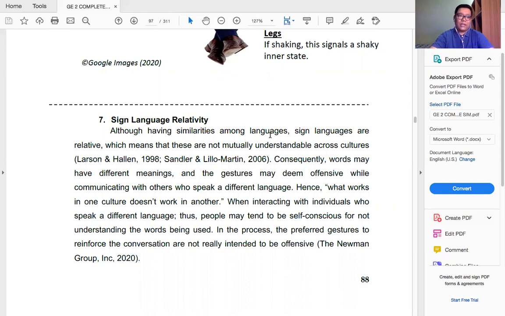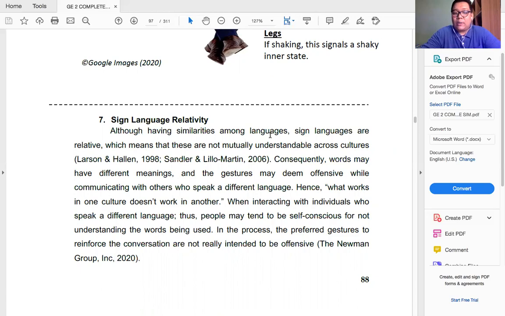One good example for this is when you put your hands here on your waist. If you are here in the Philippines, this may simply mean that you are tired, you're just relaxing, okay, from a strenuous activity. However, when you go to Argentina and you do this one, that means whoever is in front of you is being invited to a fight. Okay? Unknowingly, a person might approach you and suddenly punch you just because you did this gesture right in front of him. Okay? So you have to be careful with that one.